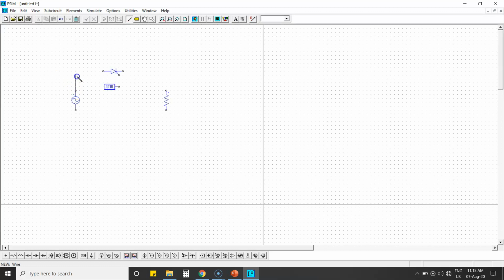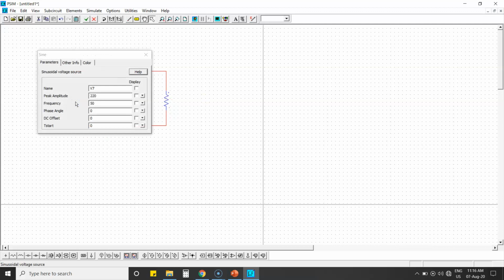Just press the left button of your mouse and drag to connect. These dotted symbols are given for easy connections. If you don't want the wire, just press escape and it will go back to normal. If you want to extend the wiring, just select it and drag and drop. That's all.